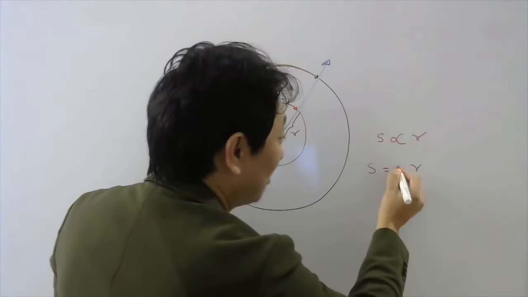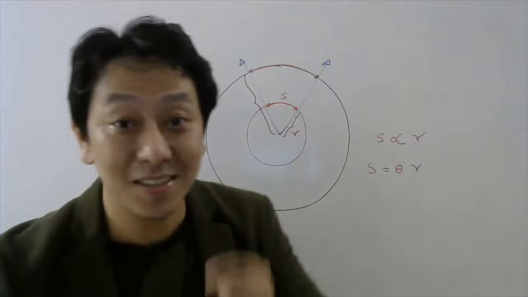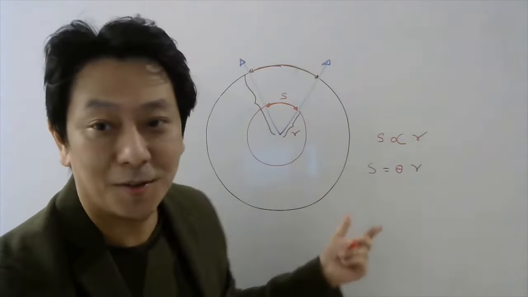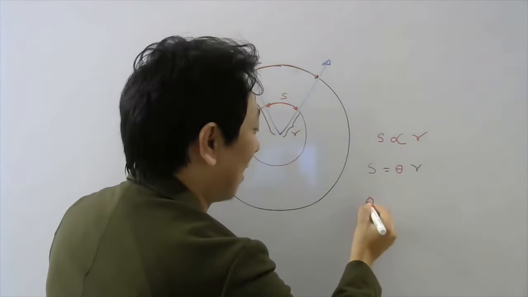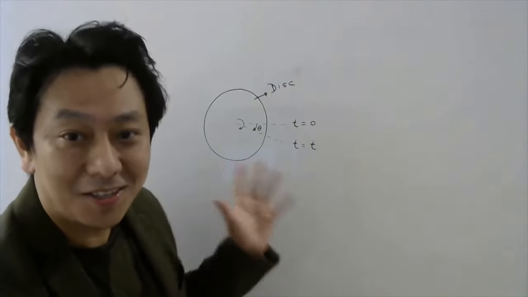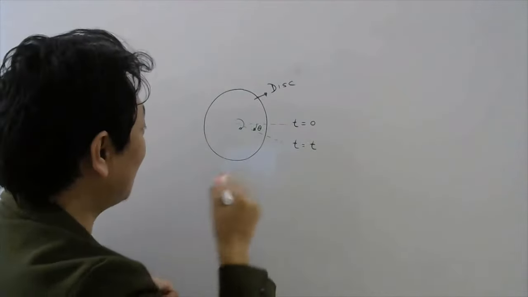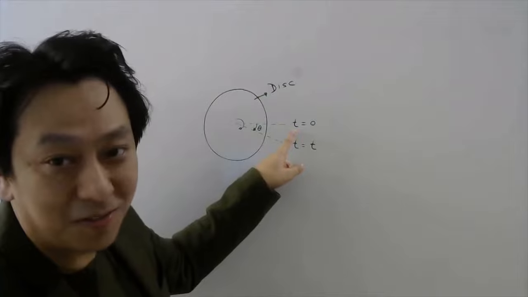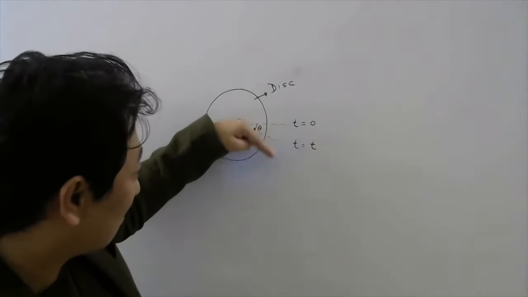Therefore, the constant which comes for these two lines, that constant is what we call angle. So this is how angles are defined. So the angle between these two lines would be given by arc length divided by radius. Now consider this disc which is rotating this way. If I draw a line on the disc at time 0, then after some time this line will cover some angle, right?